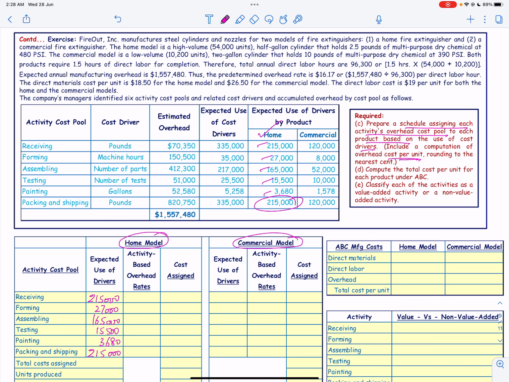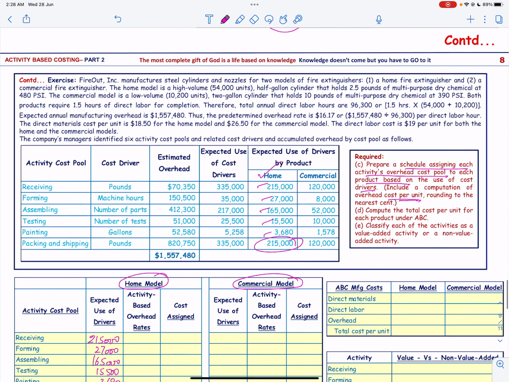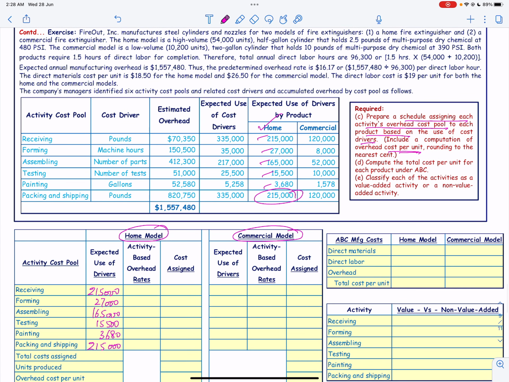Now the rates we have already calculated before: 0.21, 4.30, 1.90, 2, 10, and 2.45. And now we are going to multiply the two numbers, and this will be equal to